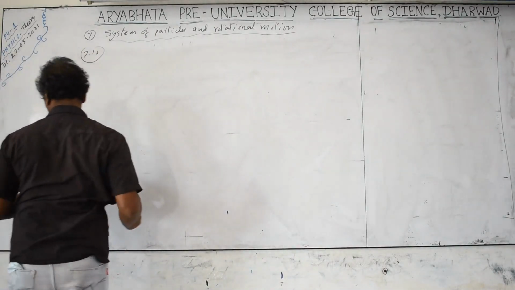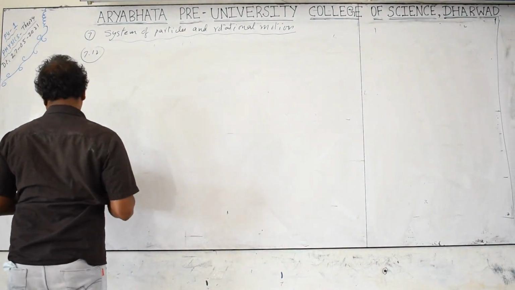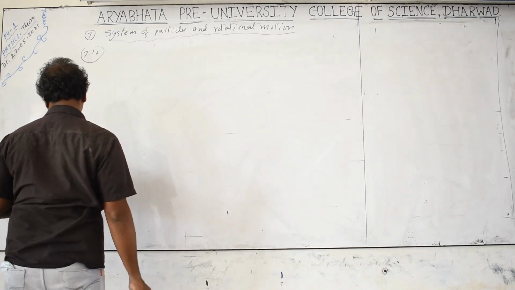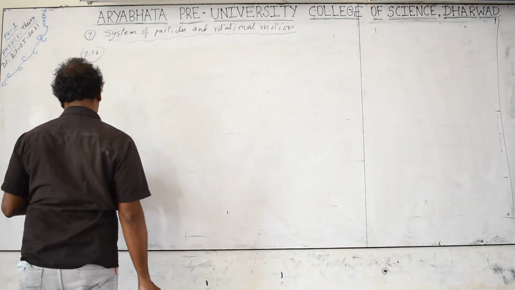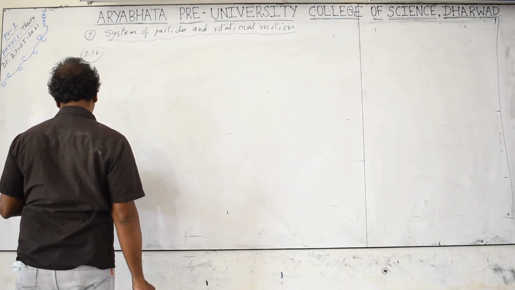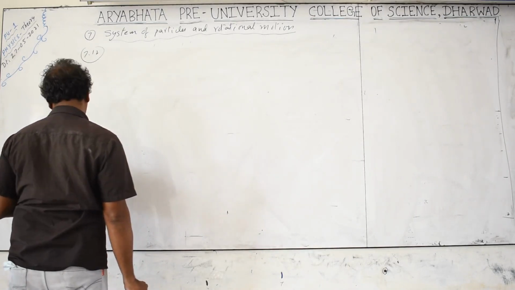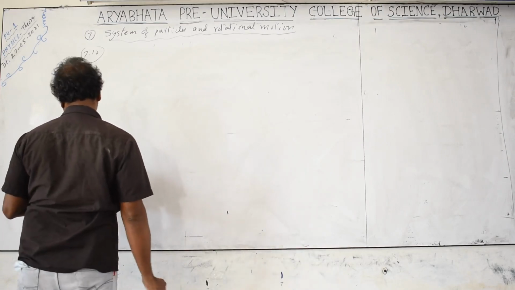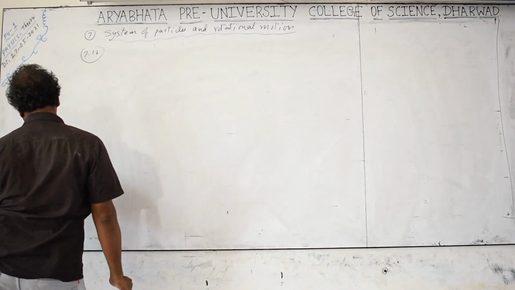Problem 1.12. A solid cylinder of mass 20 kg rotates about its own axis, meaning through the center of mass and along the length, with an angular speed of 100 radian per second. The radius of the cylinder is 0.25 meters. Find the kinetic energy associated with the rotation of the cylinder, meaning rotational kinetic energy. What is the magnitude of the angular momentum of the cylinder?